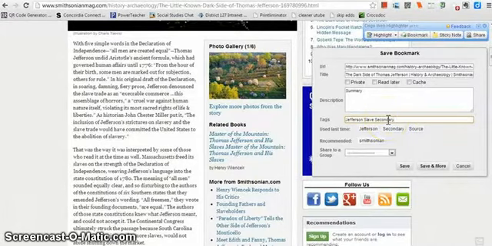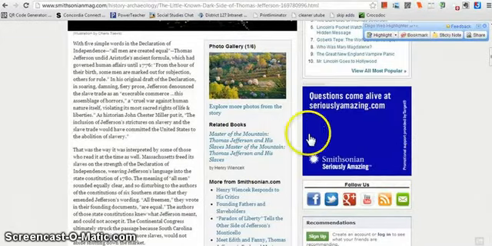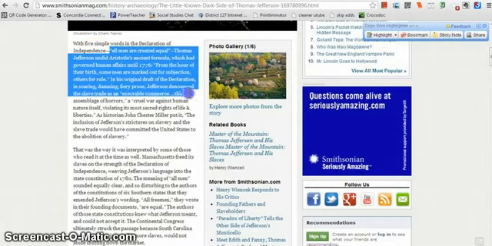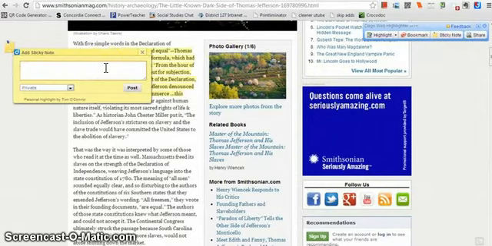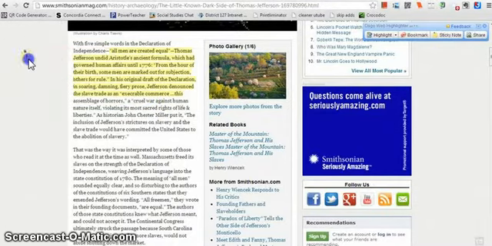So once I've tagged the source up here, then all I have to do is click Save. All right, it's in my account, and then you can begin to annotate your source. So let's say that I find this portion of the source really helpful. I click Highlight. You can see it's highlighted then. I can then add sticky notes and say Sticky Note 1. And then I post. Obviously for you guys, in your sticky notes, maybe you want to paraphrase this quote, maybe you want to explain why you highlighted it, why you thought it was such an important quote, or maybe you want to use this as evidence for